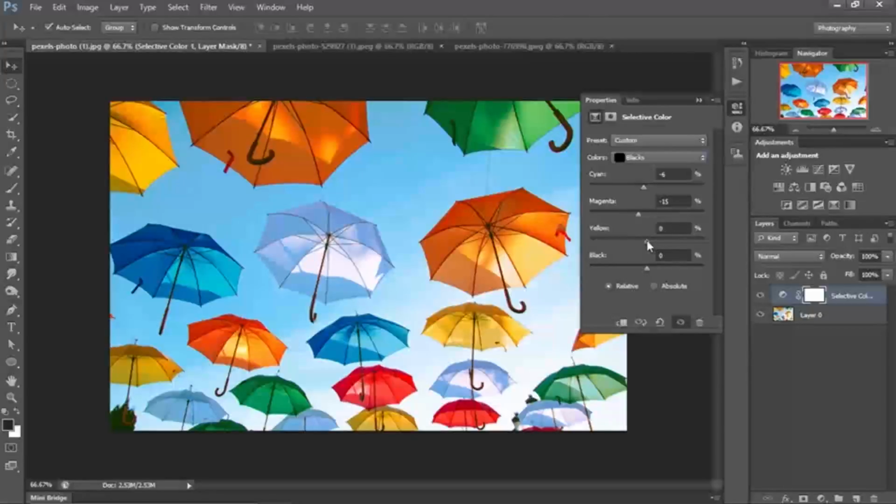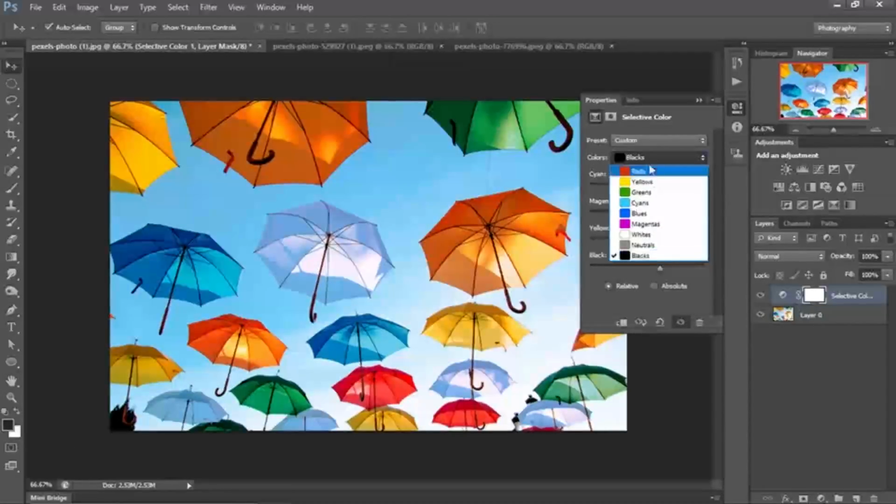Okay, so you can see that this is greenish. So what we can do is increase the magentas a bit, and you can see it was there before, and now when we increase, it has taken out the greens. Now we can have that. And then the black is going to just enhance those details a little, so just make it slight like that, and before and after. All right,